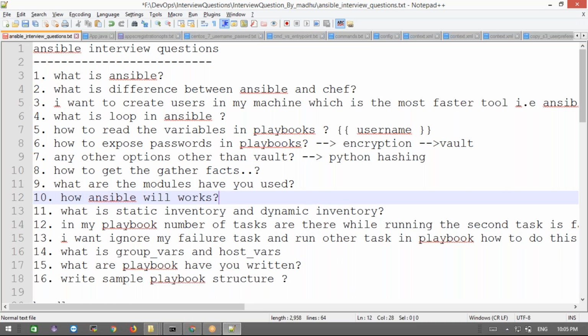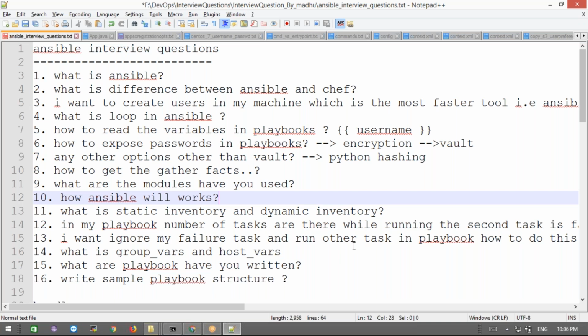And what are roles? Roles increase the readability and reusability of my playbook, and they are more reusable than a plain playbook, because there is one role for Git installation that can be used in any number of places. For the remaining nodes, we don't need to rewrite the tasks. We can just append that particular role and it will be executed. That's it. Clear? That is the role introduction.